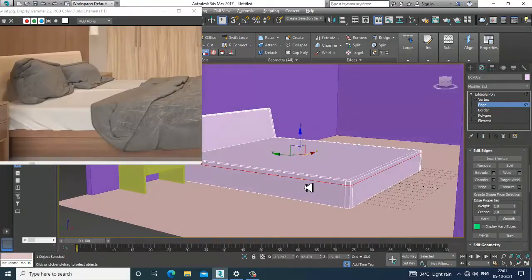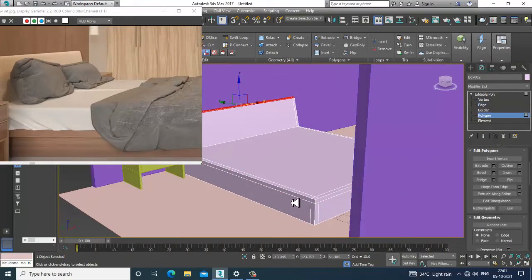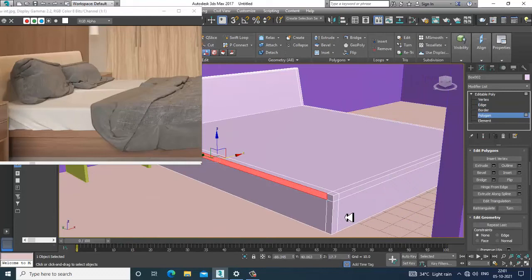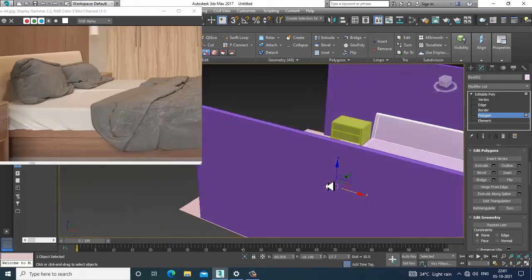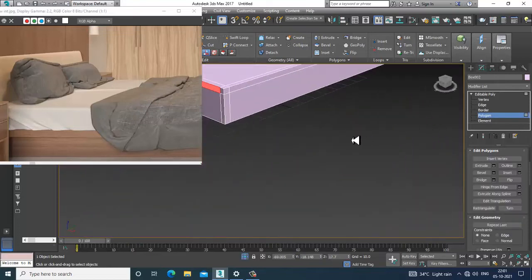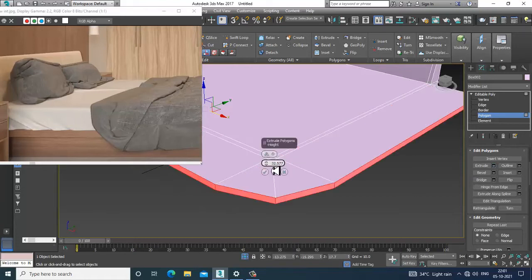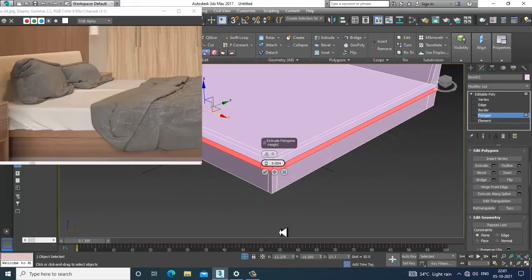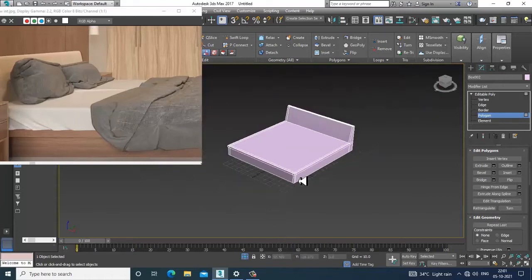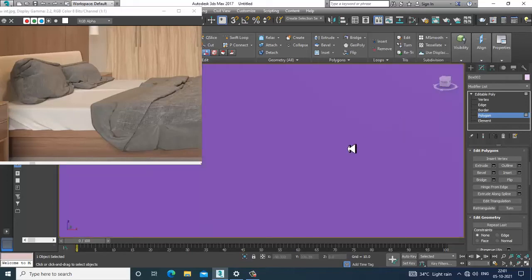So select these polygons over here, Alt Q isolation mode, and let's give extrude by local normal, and I'll just give a bit of extrusion like this, and I'll just end isolate this element over here in this way.